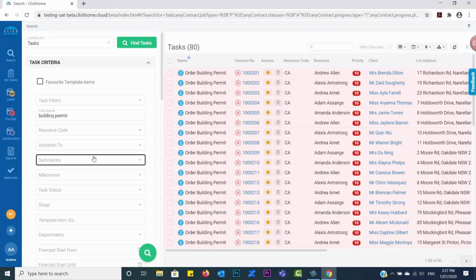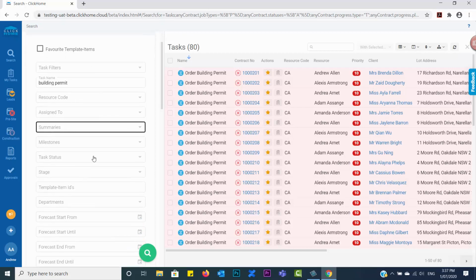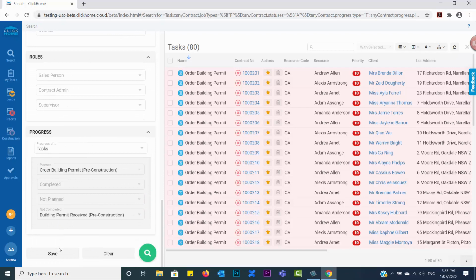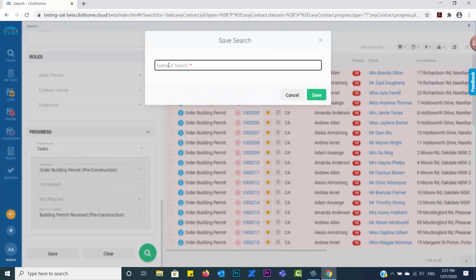Once you've found the task you're looking for, you can go into it and do whatever you need to do. If you have a search you do regularly or want to save time, we've added the ability to save a search. So on the left panel here, if we scroll to the bottom, we can either clear it or save it. When we hit save, you can give it a name so you'll recognize it when you need to